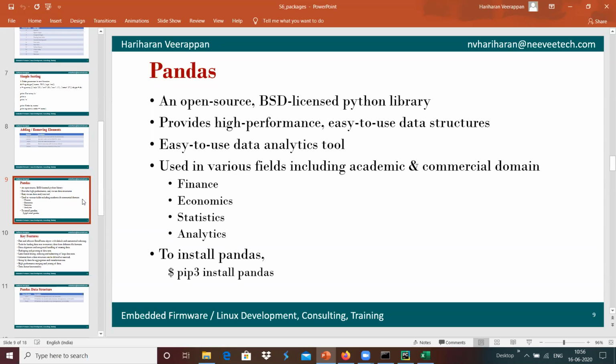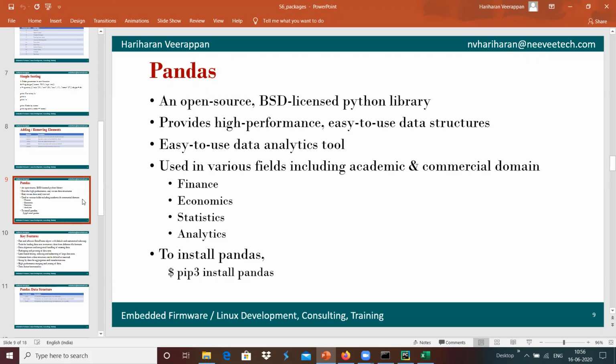Pandas is an open source and BSD licensed Python library, which provides high performance and easy to use data structures, which can be used in most of the data analytics tools.